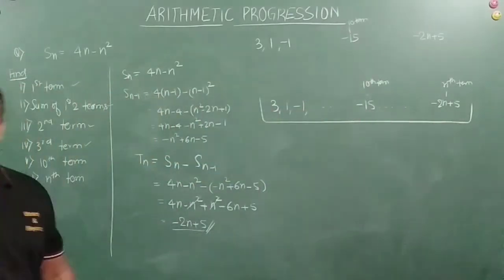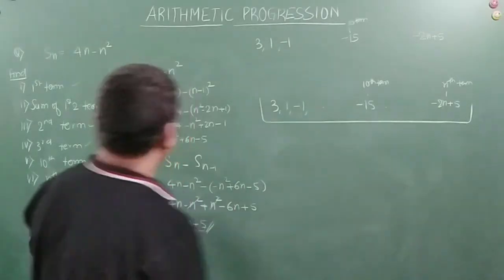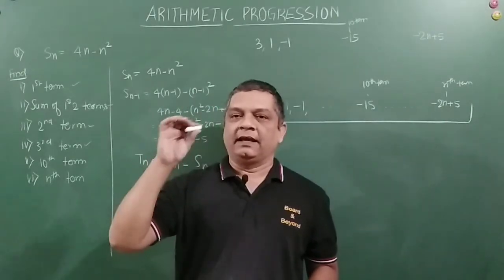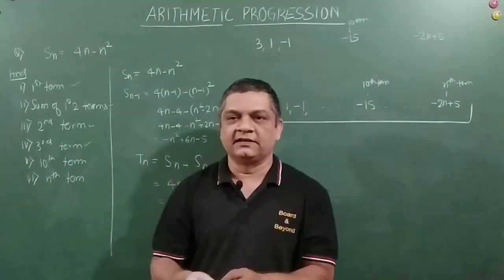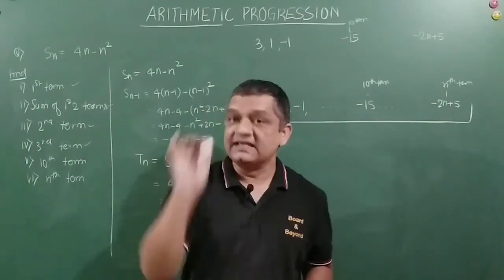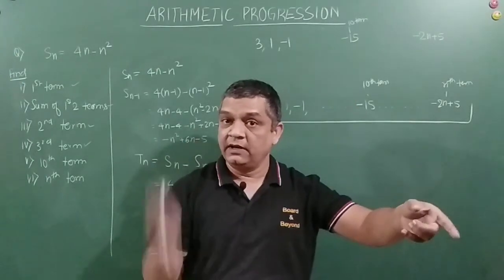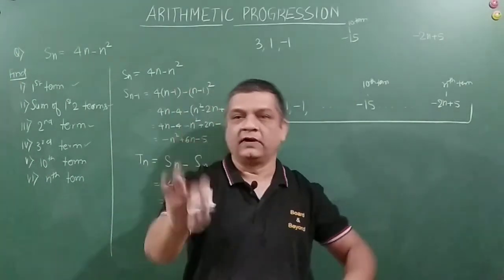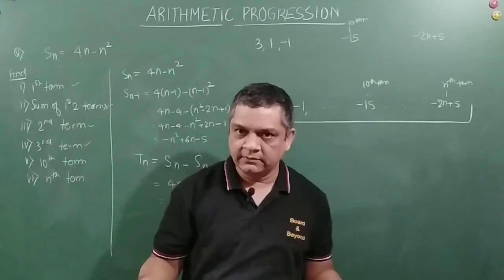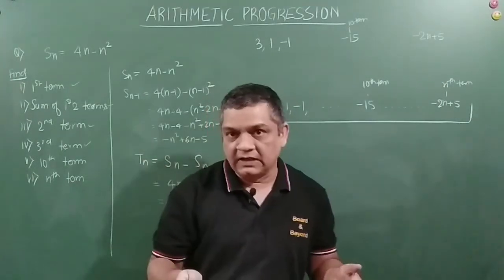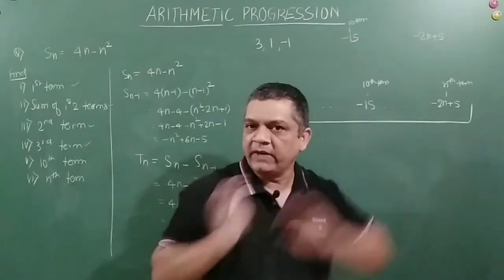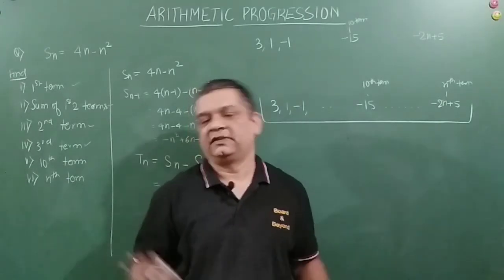So this is your series. You got it, my friends? Okay. It was a little tricky one, but the only concept that you can take away from here is that nth term, I am just generalizing the statement. I am not telling 10th term or 9th term. The value of nth term is equal to sum up to n terms minus sum up to n minus 1 term. That's it. And you can replace it by 10, 9, 5, 4, whatever you want. You'll get the answer. So, just giving an example, fifth term is equal to sum up to 5 terms minus sum up to 4 terms. That is how it works.